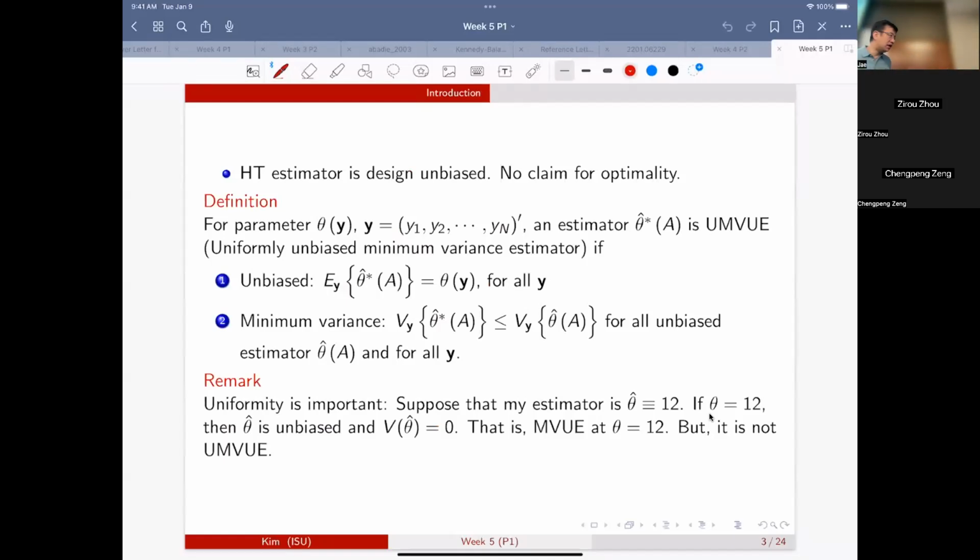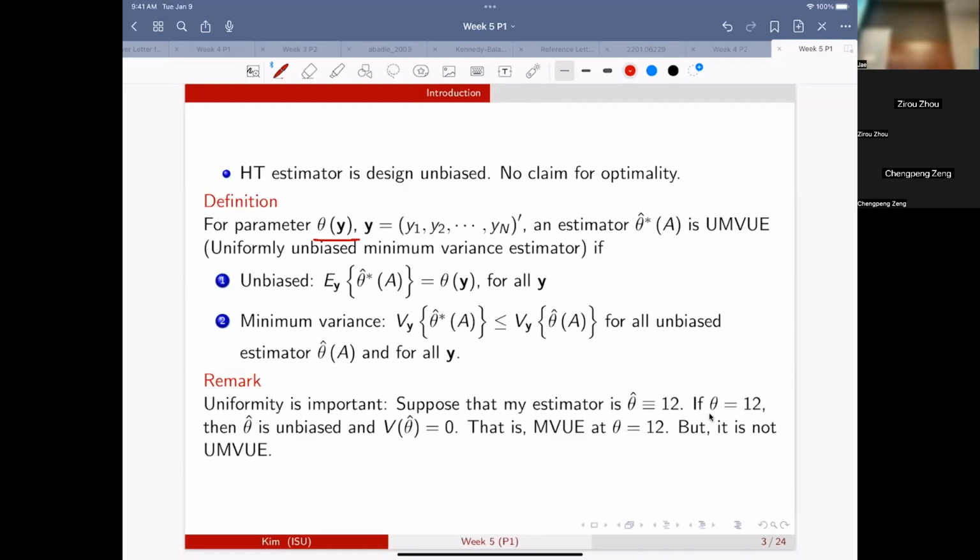And then maybe the important question is how to find the minimum variance unbiased estimator in survey sampling, right? This is a very standard problem in statistics. So here's the formulation of the problem. Suppose I have a finite population parameter defined as a function of the finite population elements, right? And then suppose,